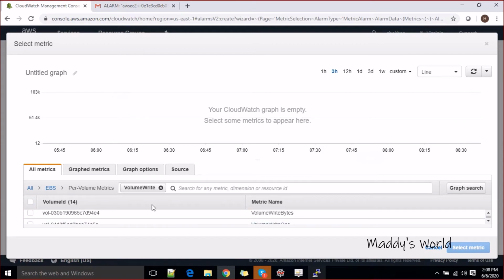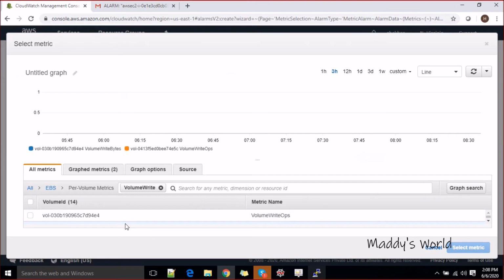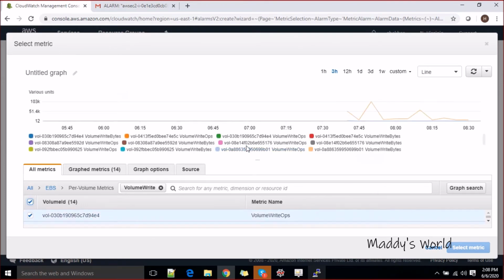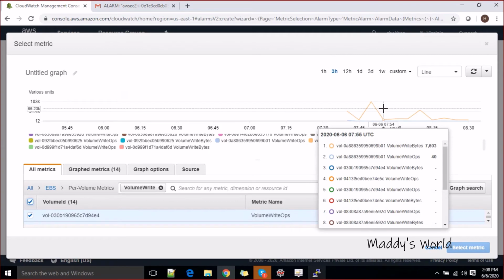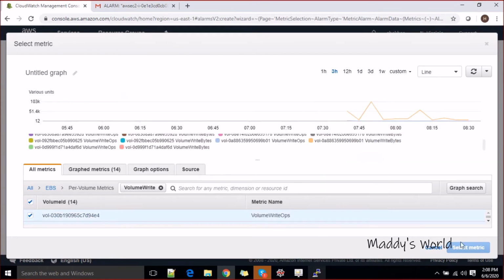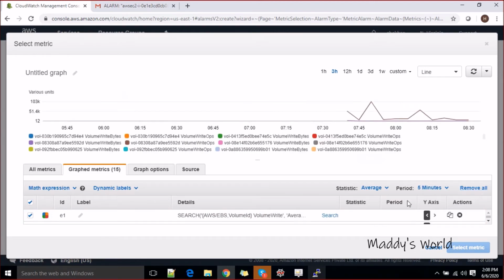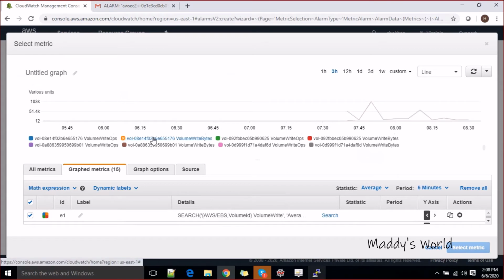Let's manually see and select them. Let's take this volume write bytes, write ops. Though I am seeing data for some here when I'm selecting it, but when I choose it manually it is not showing me. That's why I am selecting all the metrics, let's say, for now. Add graph search if you want, and once you are done with this,